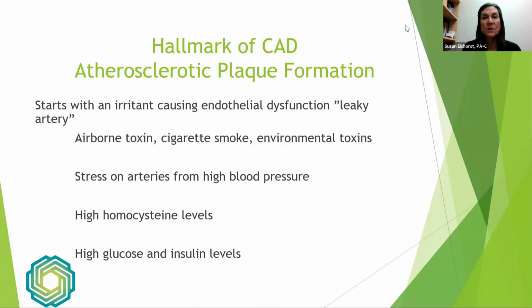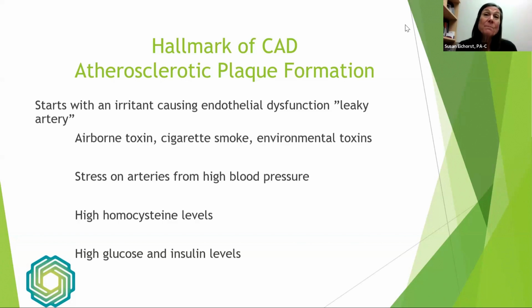We see this also in blood pressure when that's high. High homocysteine levels. Again, this is an amino acid that is typically made by humans. We need it. It gets recycled, or is supposed to get recycled, into a system that helps us remove heavy metals from our body, methylate some of our vitamins, make some neurotransmitters, kind of detoxing our body in the methylation cycle. And when these homocysteine levels stay persistently high, they cause inflammation inside the blood vessel that can lead to the acceleration or the formation of plaque.